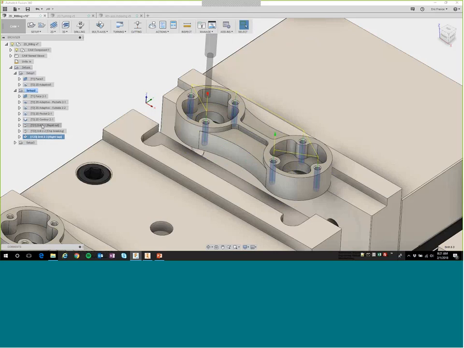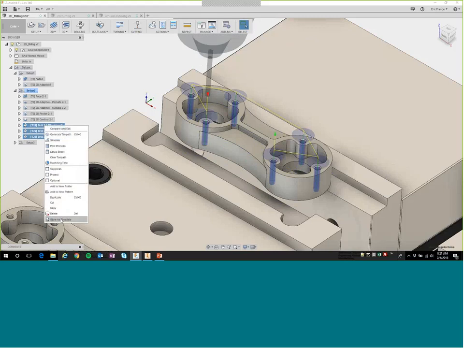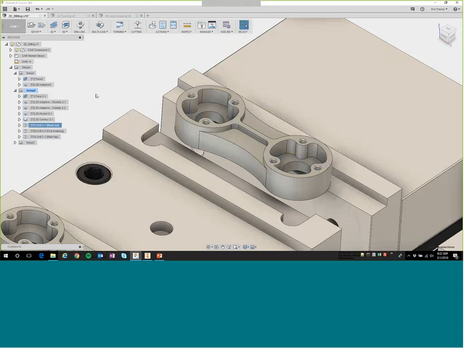Now, one of the nice things about HSM is if I have operations that I'm doing over and over again, I want to spot drill, I want to tap drill to this size, and then I want to tap it, I actually can store that out as a template. So just bring it back in, apply it to new geometry, and it has all of that information in there that we need. So the next thing that we really want to take a look at is